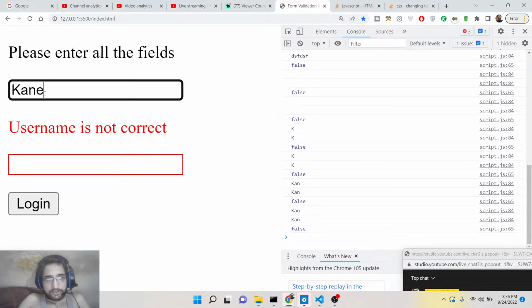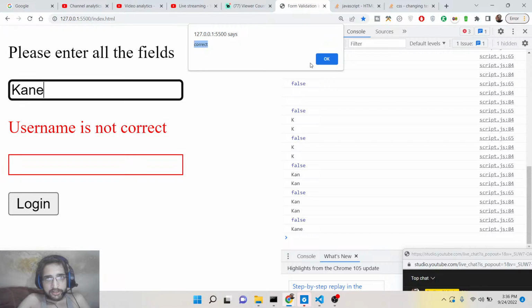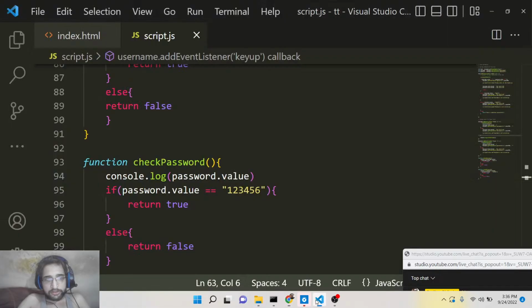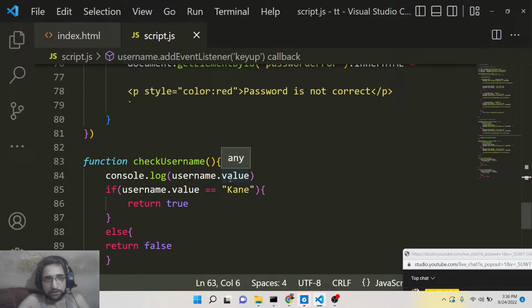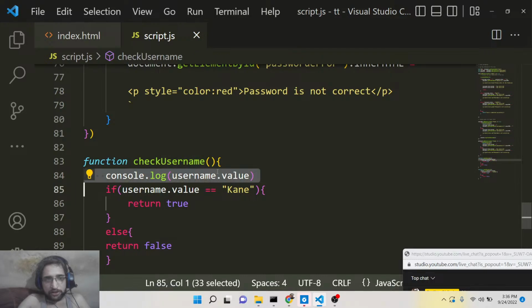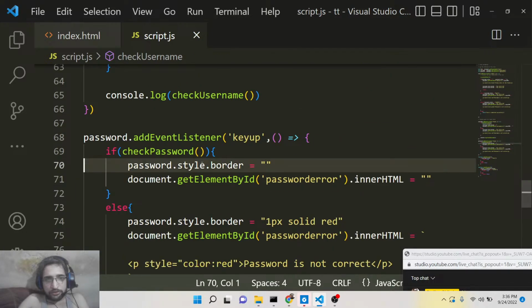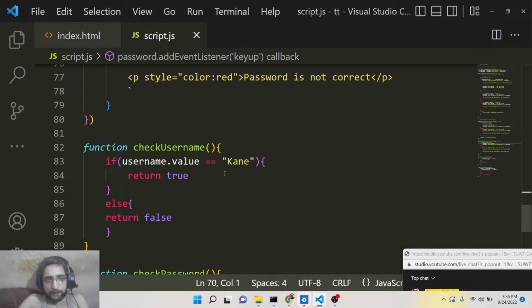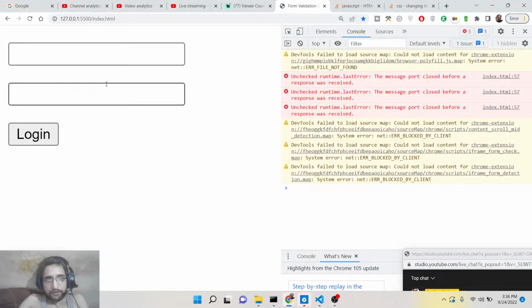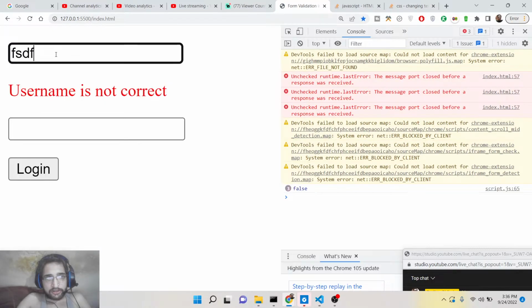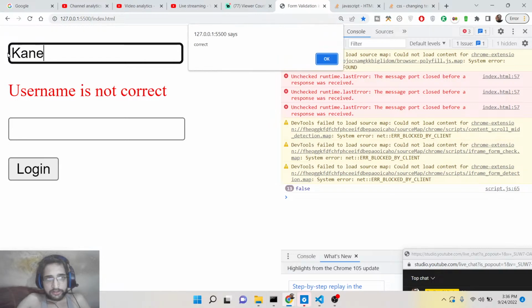So if I change it to the correct one, you can see correct. So the username will be there. So now it is perfectly working. So what we can say is that it is real-time validation guys. Now basically if I write something here, username is not correct. If I write the correct one,